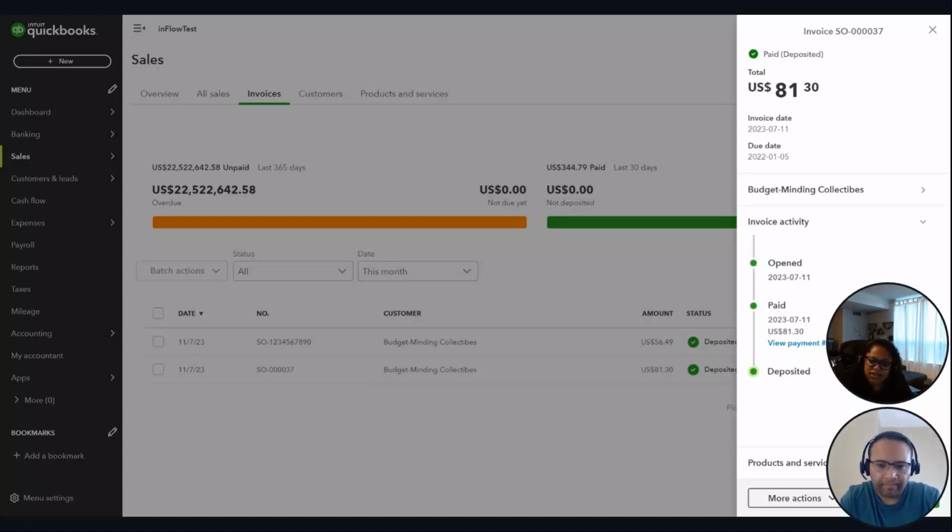I want to say yes. So essentially, you can set up a specific income account per product. I'm not sure about the chart of accounts section specifically in QBO, but I do know that you can have different product income accounts mapped for different products, and inFlow will respect whatever product income account you have mapped for your products. So I can answer a section of that question, but I'm not too sure if James can do